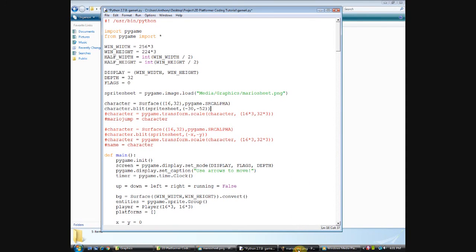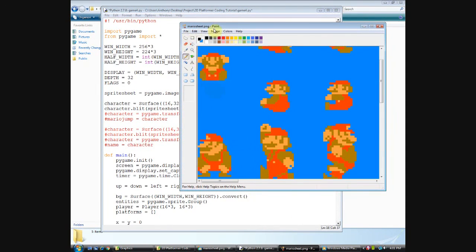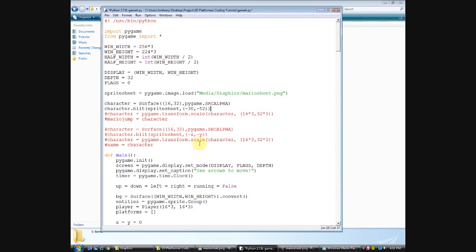I can find the position of a single frame on the sprite sheet by using MS Paint. All I have to do is put the cursor in the upper left-hand corner of the frame I want to use. In the lower right-hand corner of the window is a set of x and y coordinate points. This frame is at position 30, 52, so to copy this frame I would blit the sprite sheet at -30,